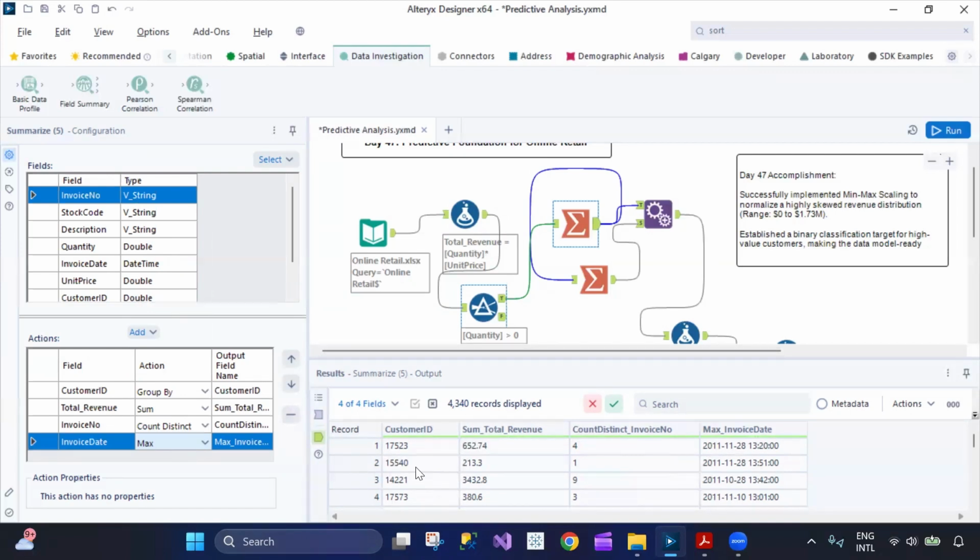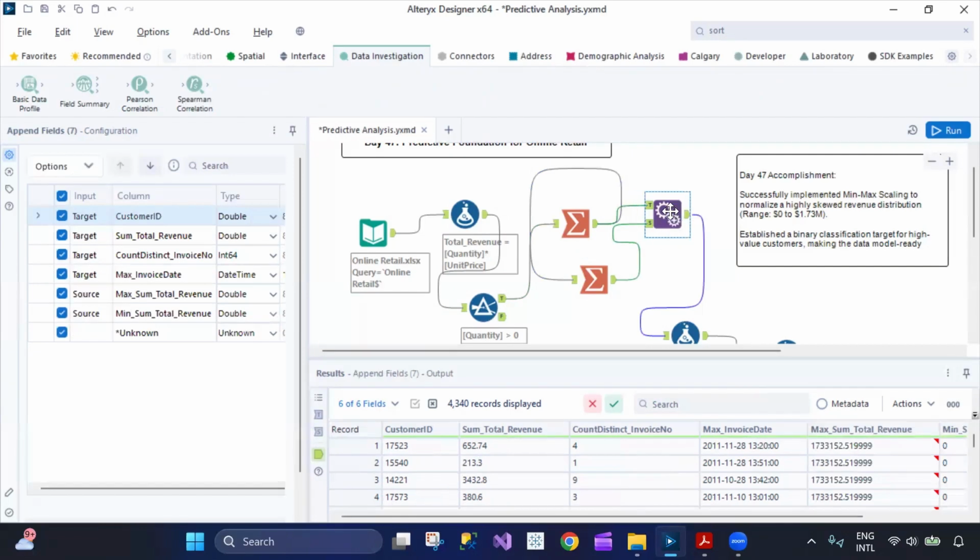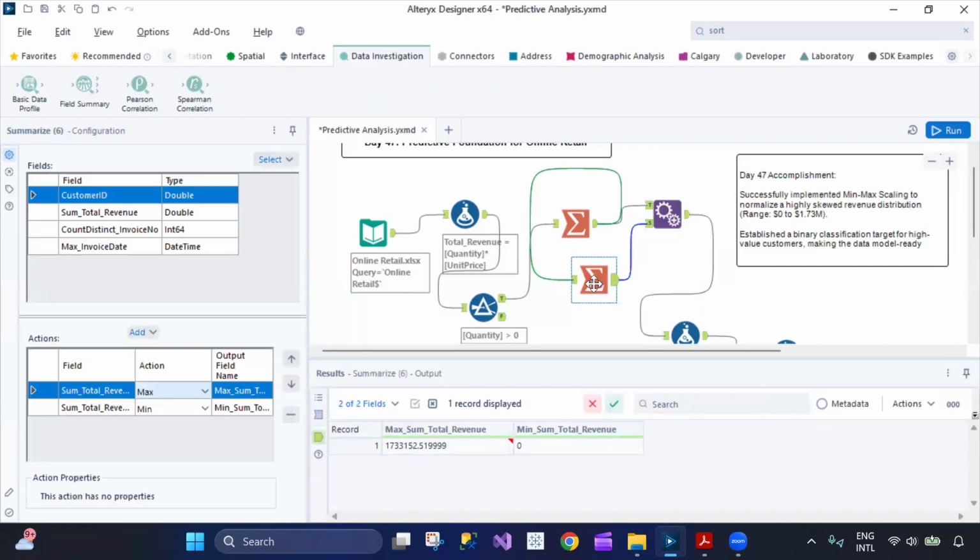So if it is high risk, then the company can reach out to the customer, and they can figure out what exactly is happening with this customer ID, right? Or they can offer some benefits, like some code or some voucher, so that this customer can revisit again and add some more invoices, and the company can make more revenue. That is the idea. And then after summarizing, I'm using the Append tool, and here also I'm using one more